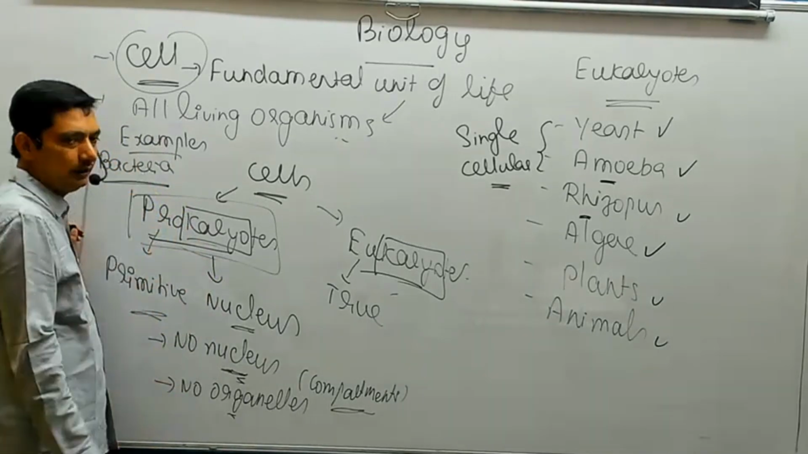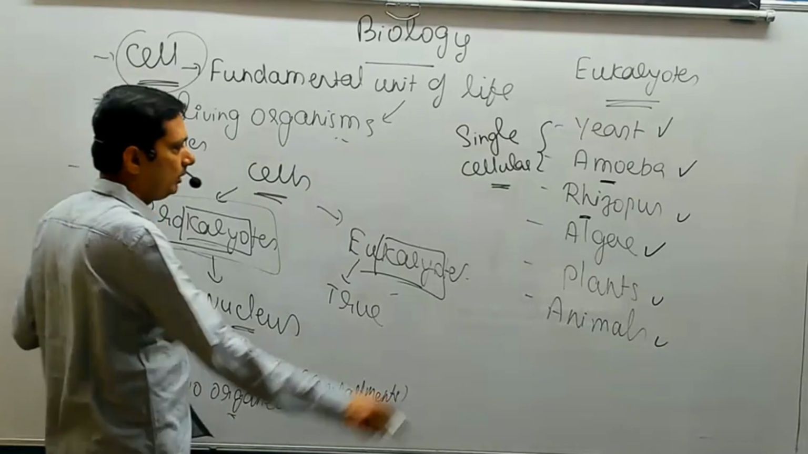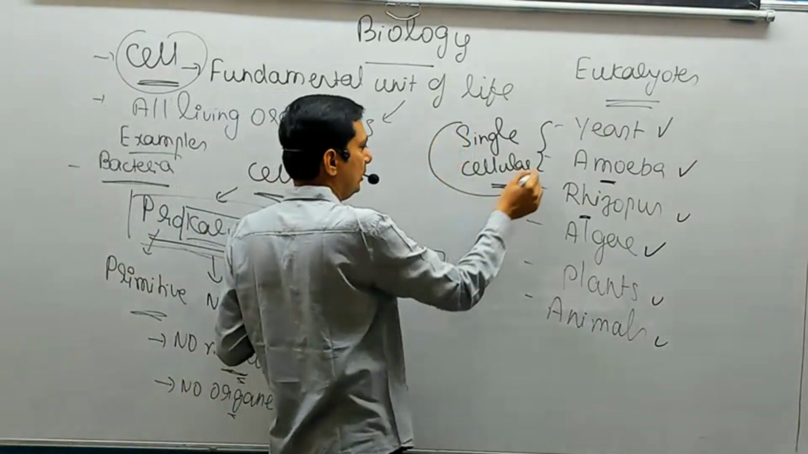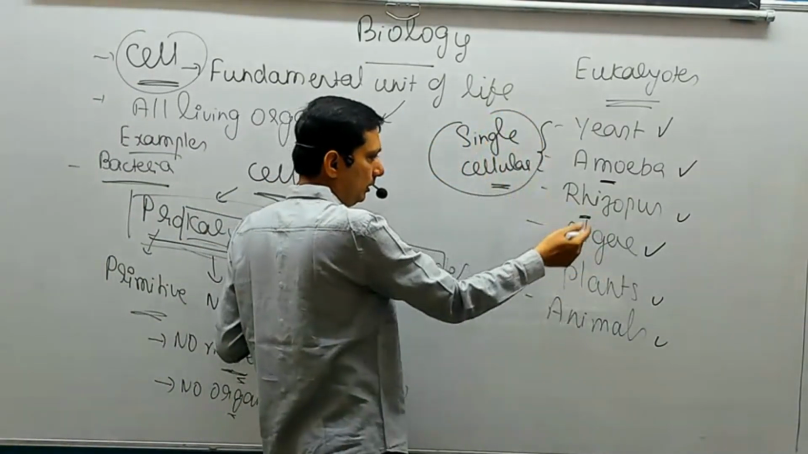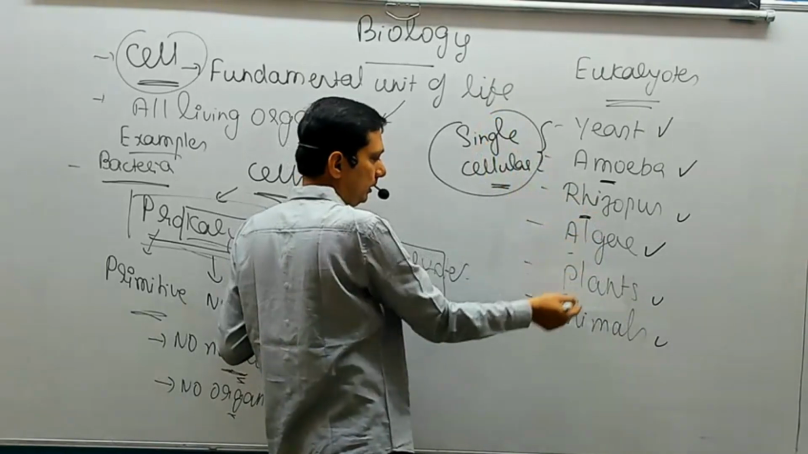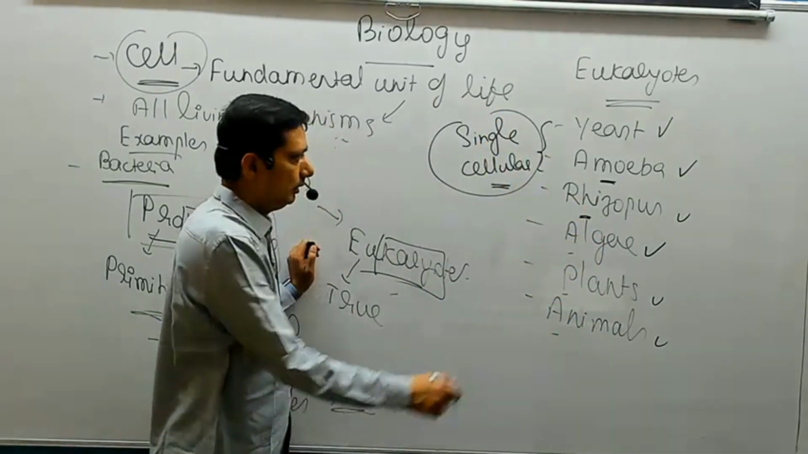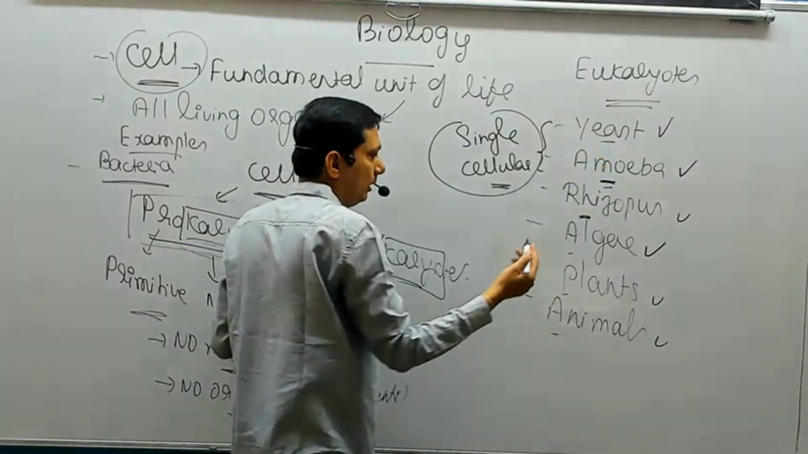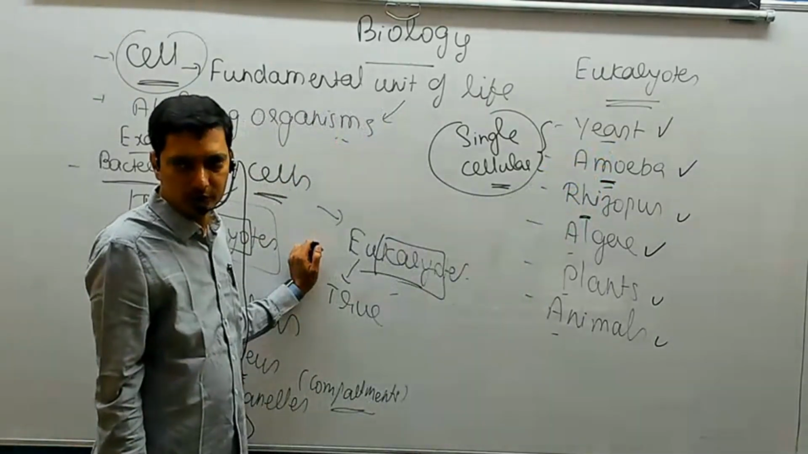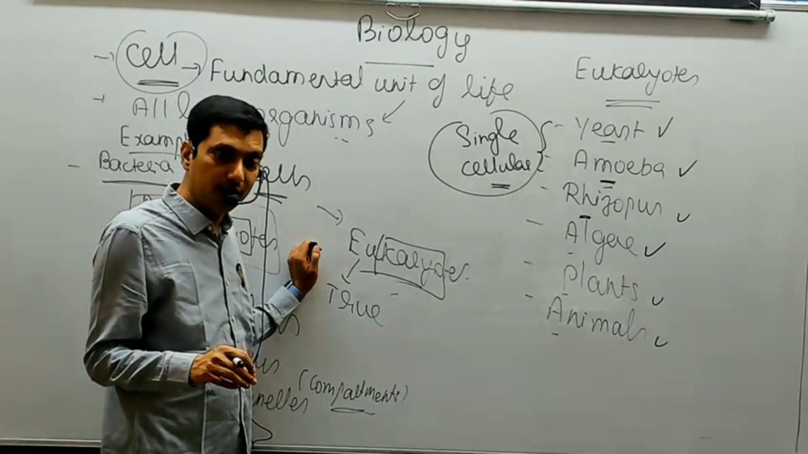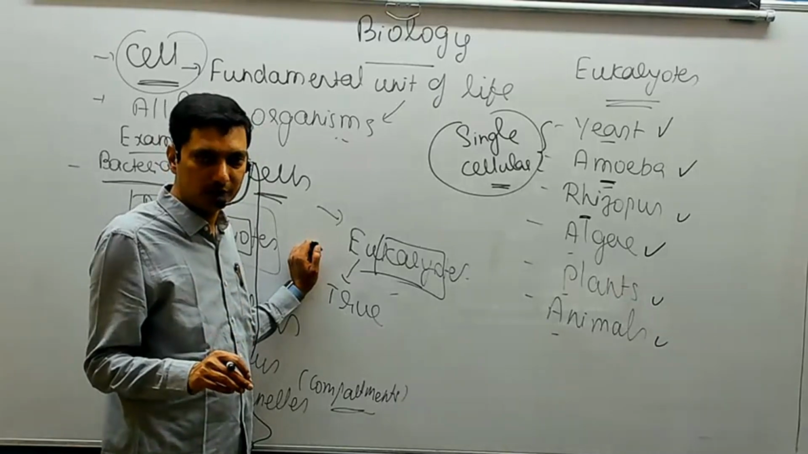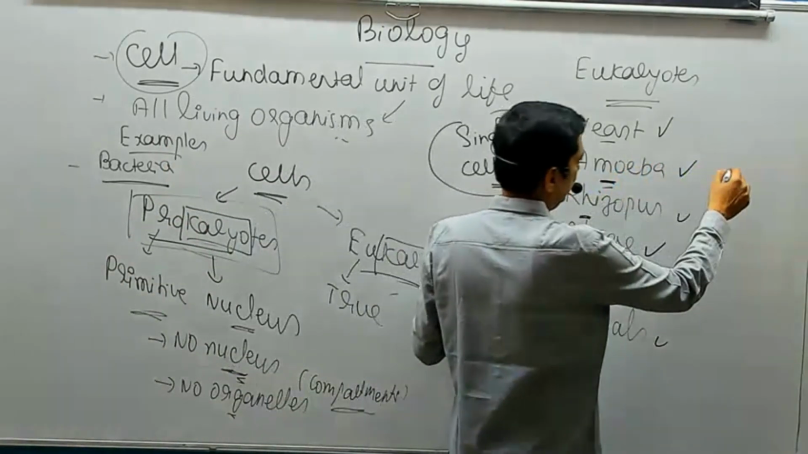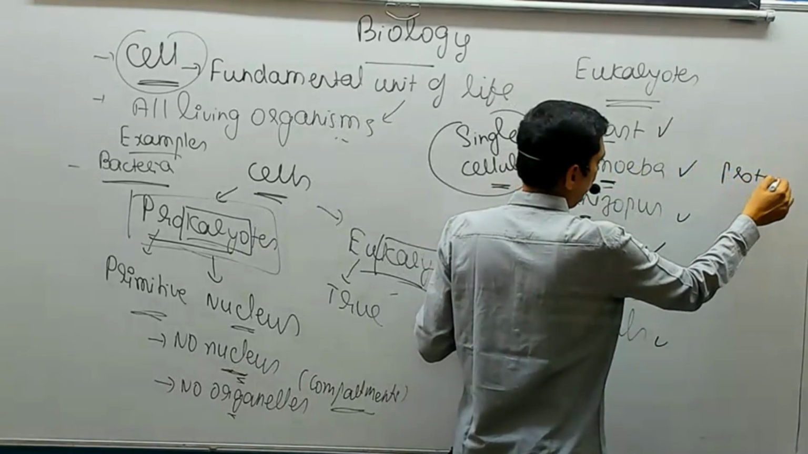Prokaryotes only contain single cellular organisms. Eukaryotes can contain either single cellular organisms or multicellular. All these are multicellular: algae, fungi, plants, animals. This yeast, amoeba are single cellular organisms. So even eukaryotes can contain single cellular organisms. Okay. Protozoa, if you think about protozoa, carries